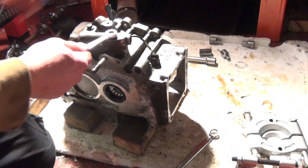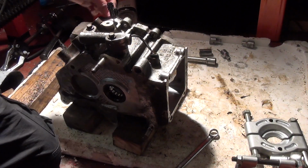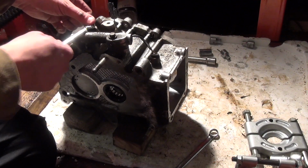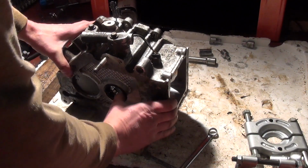And that is not going to come off without a bit of work. So I guess I'll leave those for now. I don't want to hit them too hard yet. Alright, let's have a look at the...